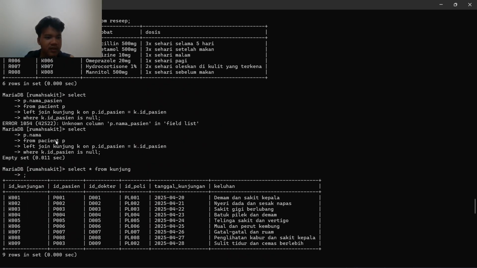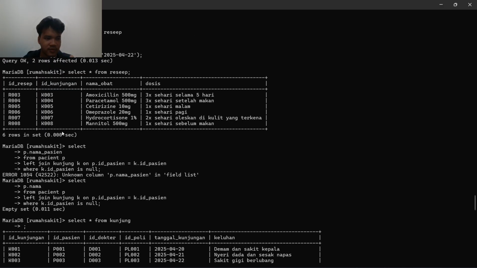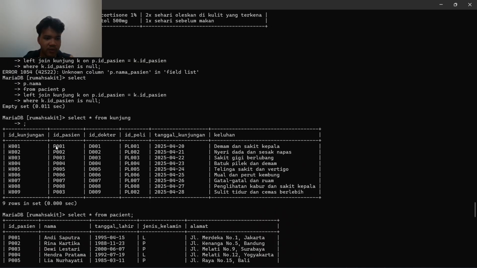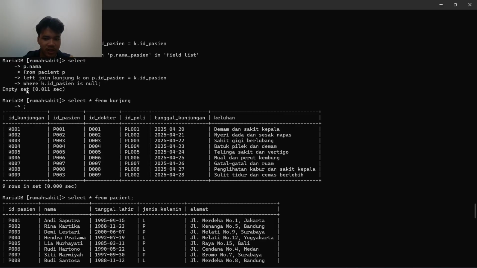So first we select nama from the table patient, which we alias as P, and the column that connects the kunjung table and the patient table is ID patient, where ID patient is null, so there's no ID patient in kunjung. But as we can see here, every patient has visited, so that is why the result comes out empty.